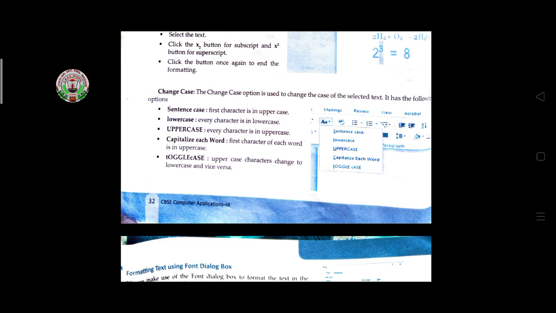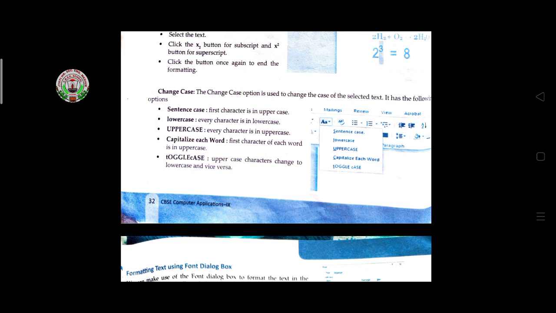If you select lowercase, every character will display in lowercase on the screen. Then uppercase, every character is changed into uppercase. And if you select capitalize each word, the first character of each word is in uppercase.